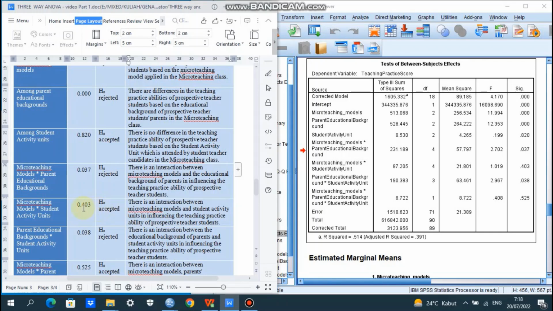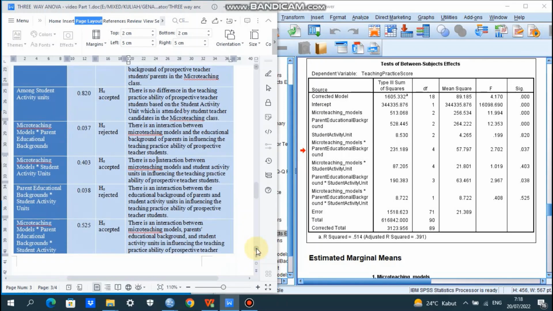There is no interaction between micro teaching models and student activity units in influencing the teaching practice ability of prospective teachers.